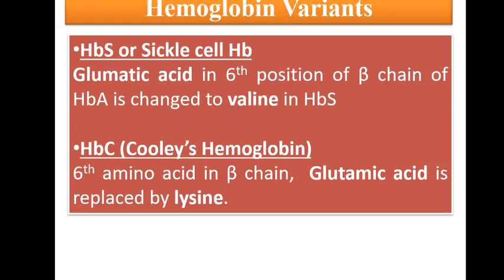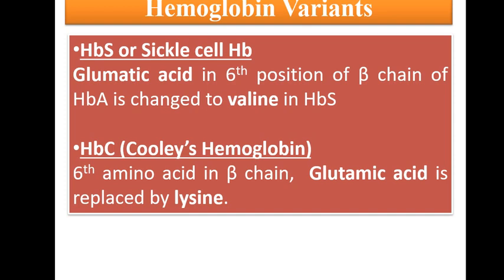Now I am going to talk about the variants. I told you about normal hemoglobin. Normal hemoglobin is called HbA. It is present in adults, it is adult hemoglobin. Another normal hemoglobin, seen in infants or children, is HbF, called fetal hemoglobin. Other than HbA and HbF, if any variation is there from HbA and HbF, it is called a variant hemoglobin. Now I am going to talk about variant hemoglobins or hemoglobin variants.